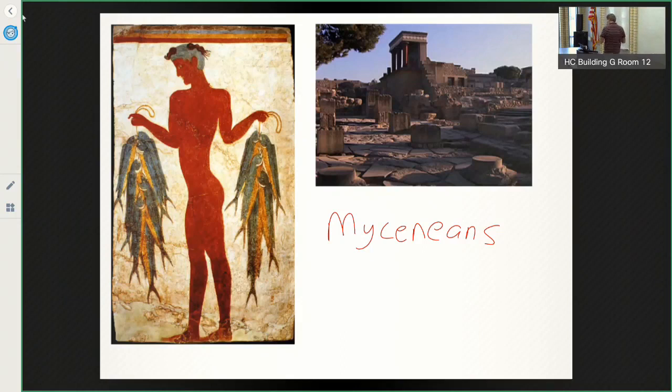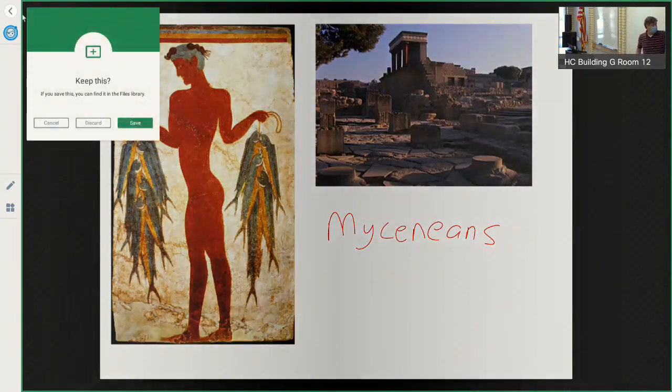Mycenaean culture peaked 1400 to 1200 BC. That's when Mycenaean culture was at its peak. 1400 to about 1200 BC, and these are general dates. But that leads us to